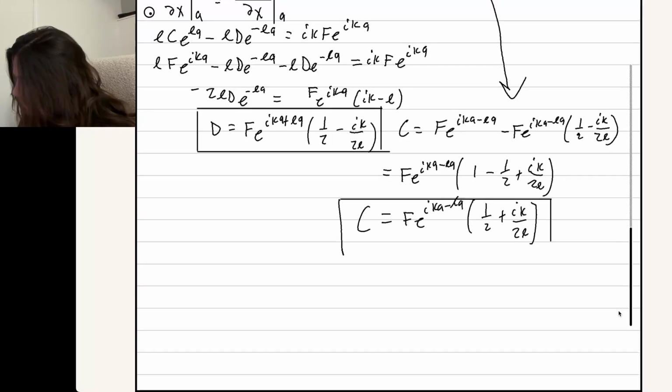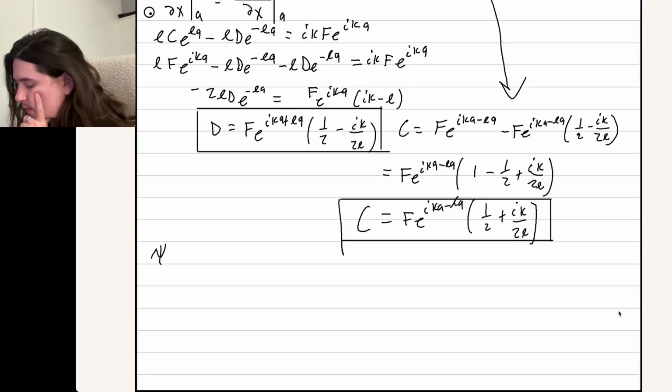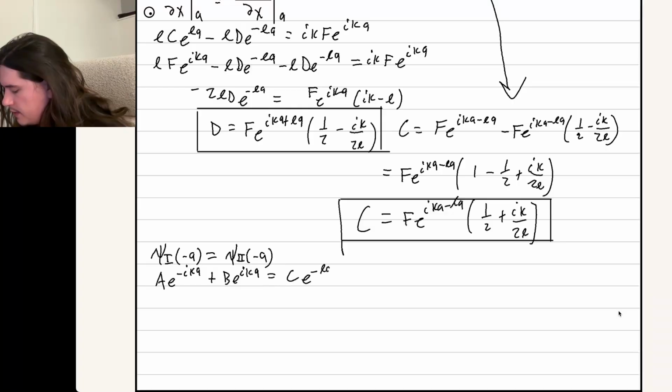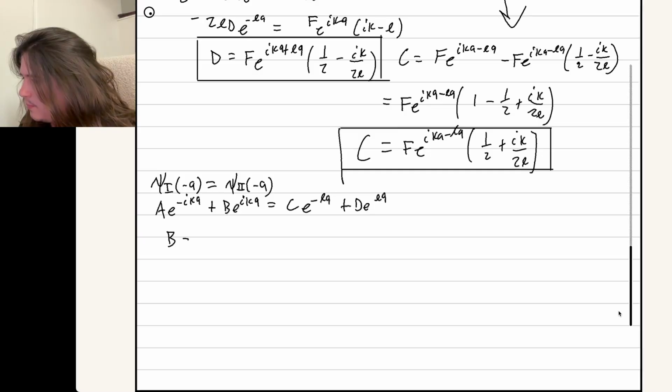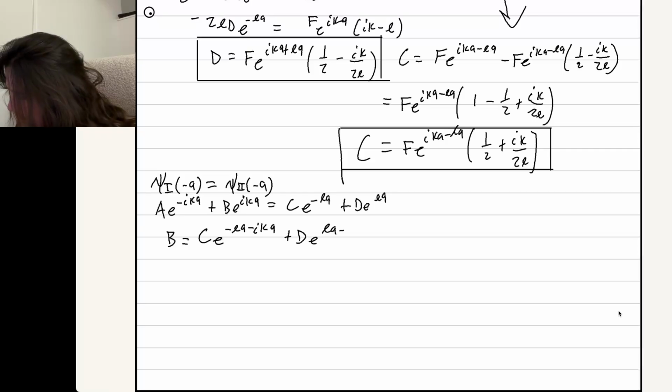Now we have to deal with the other two boundary conditions. So that's going to be that the wave function will be continuous at minus A. So we have A e to the minus IKA plus B e to the IKA equals C e to the minus LA plus D e to the LA. And we're going to use this to solve for B. So just looking at that, we're going to have B equals C e to the minus LA minus IKA plus D e to the LA minus IKA, right, minus A e to the minus 2 IKA. Okay,